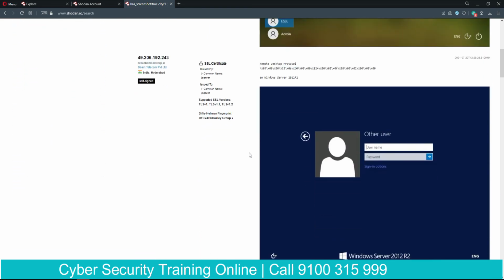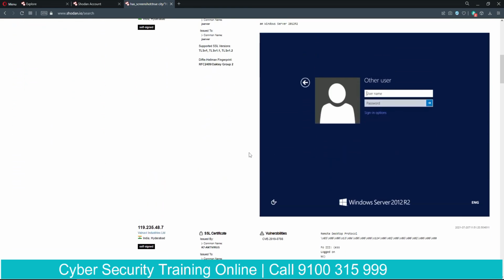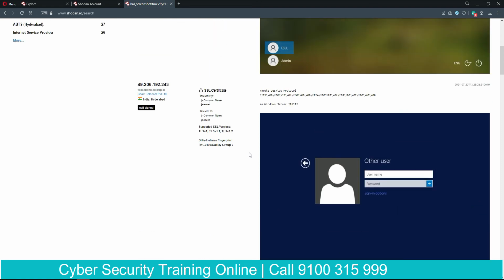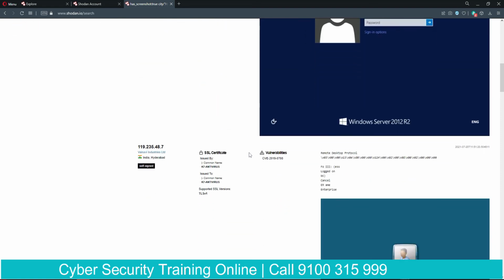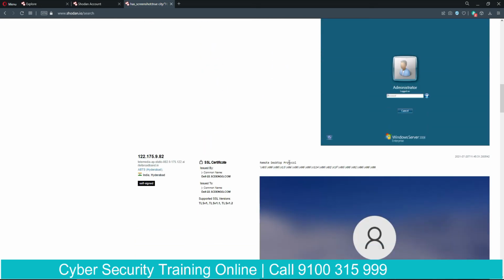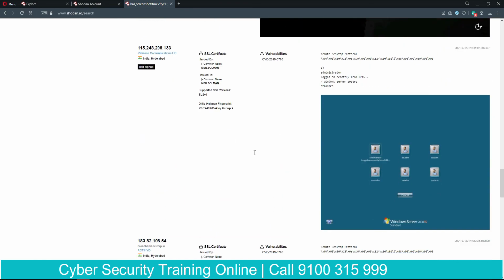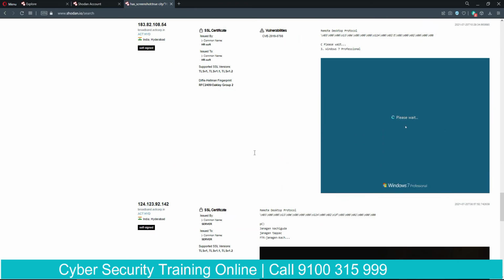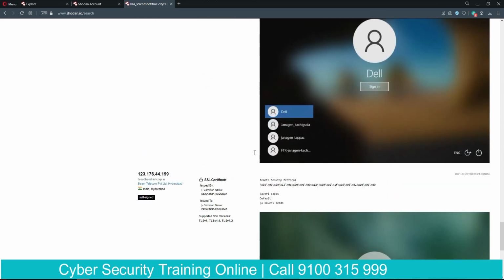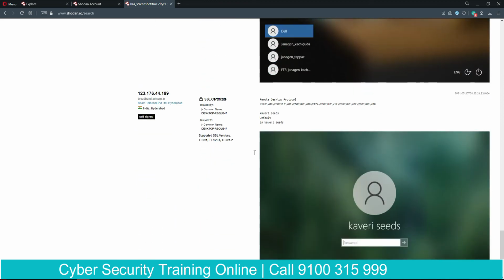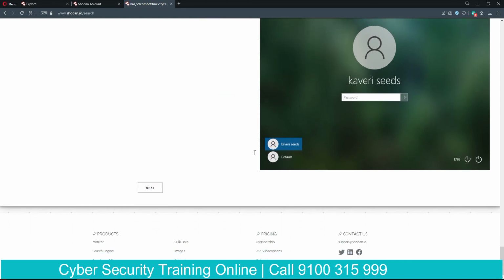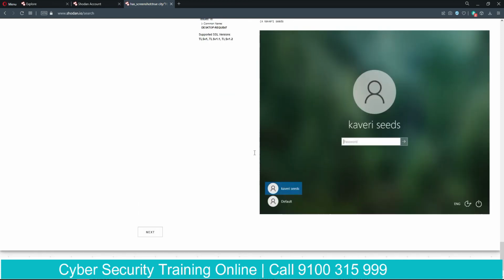Now if the authentication is really weak, then maybe the device is vulnerable. So here you can see the vulnerability, the CVE code is given here, and then you can see, because of the work from home situation, maybe these devices are connected to the internet so that the employees can log in from their home.